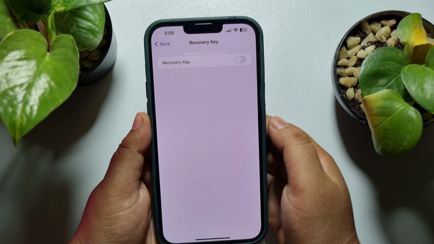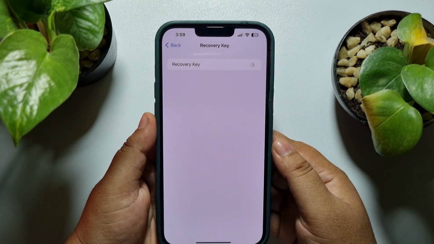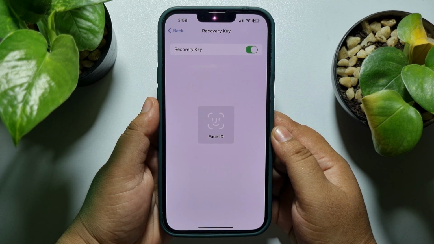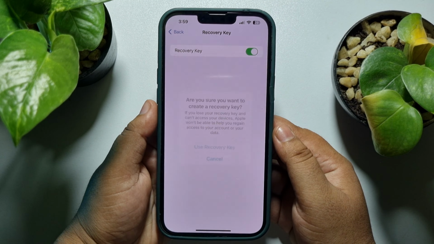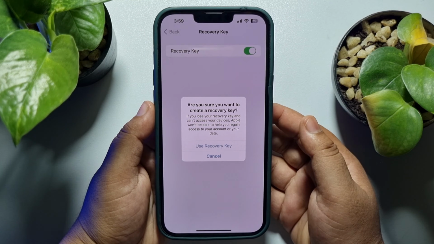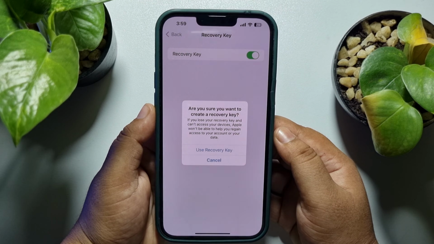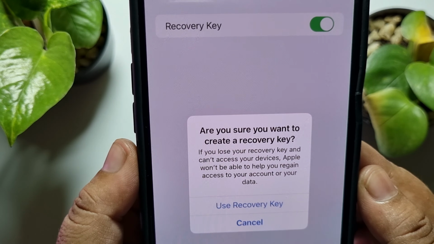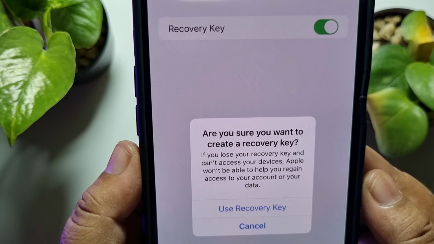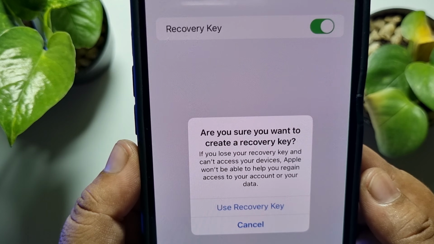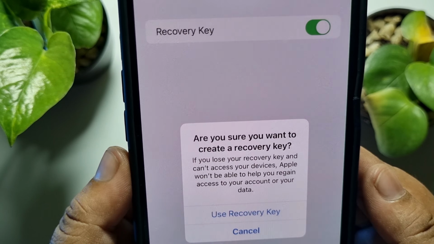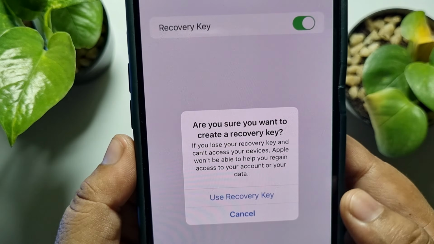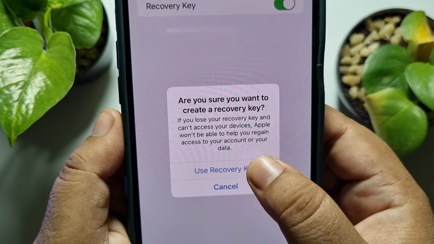Now enable the Recovery Key option and verify your Face ID or passcode, then tap on Use Recovery Key. And here you can see, if you lose your recovery key and can't access your devices, Apple won't be able to help you regain access to your account or your data. So all you have to do is tap on Use Recovery Key,